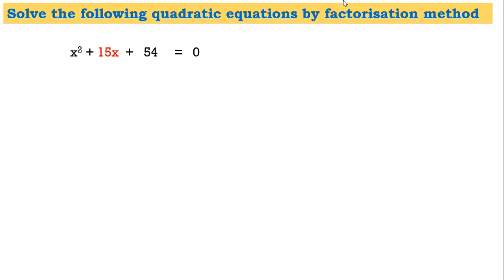Now students have taken small numbers here, so I'll have two techniques for finding factors for small numbers and for big numbers as well. Now looking at this equation, x square plus 15x plus 54 equal to 0. Now the first step for any quadratic equation to be solved by splitting the middle term, which we usually miss, is we should try and put the equation in the standard form. When I say standard form, I want all the numbers on the left hand side. I want the square term to be first. I want the x term then, and then the constant and equal to 0. Always I want it like that.